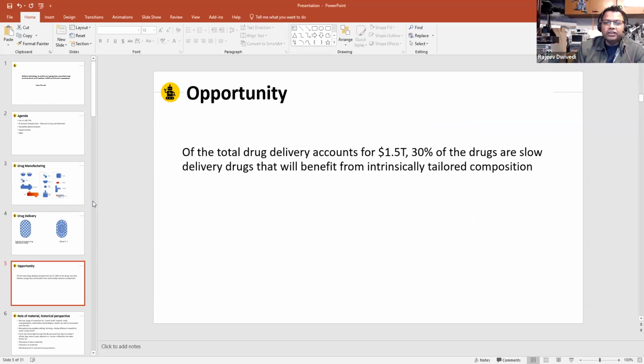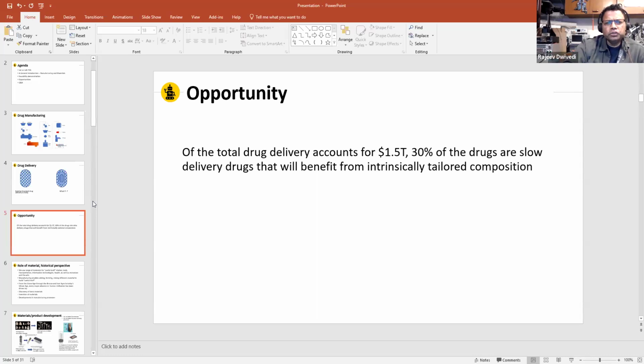And in terms of opportunity, the total drug delivery market accounts for 1.5 trillion across the world, and 30% of those drugs are slow delivery drugs. A method which would allow us to manufacture drugs in that manner, in a tailored composition, will benefit from this technology. So with that background, why tailoring of the material within the inherent volume, and a technology to do so, will be revolutionary or